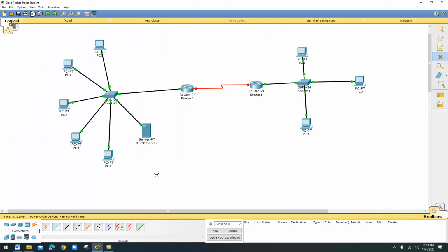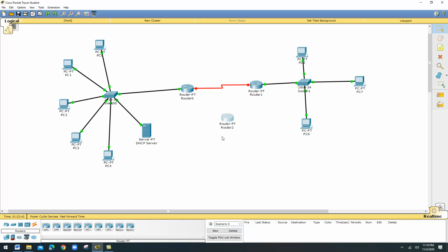So in the Packet Tracer, whenever you buy a new router, I am buying a new router, this is a new router I am taking. In this router there is no IP address, nothing is configured, but I want to enter into the router. If you know the IP address, you can enter into the router by using the telnet command, but this is a brand new, fresh router I bought. There is no configuration inside this router. So I want to enter into this router and do some configuration, some changes.